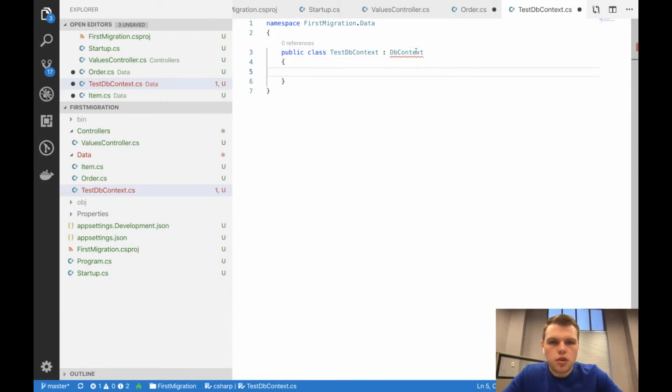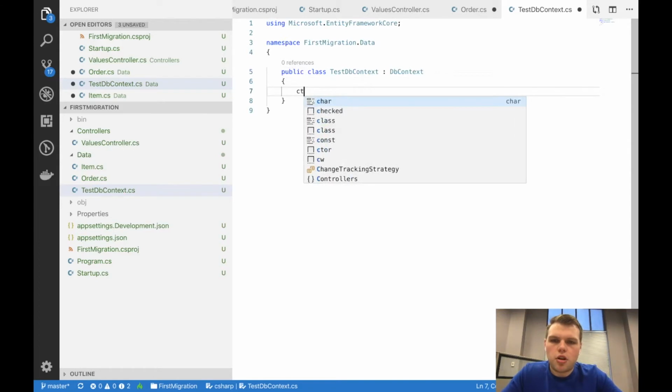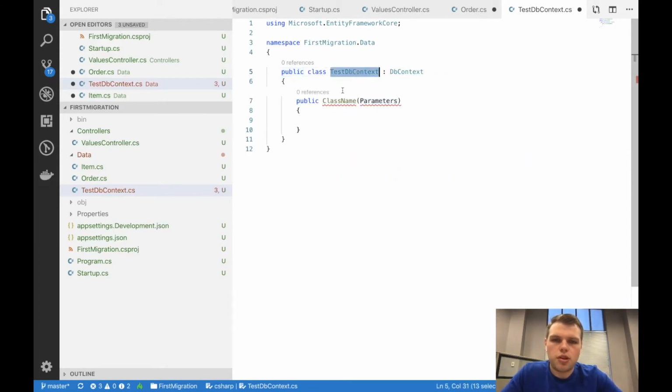We have to import the using. So now let's set up our constructors. We're going to just do a couple. We're going to do an empty one, and we're also going to do one where we pass along the options. This is going to be the one we're mainly going to use for our